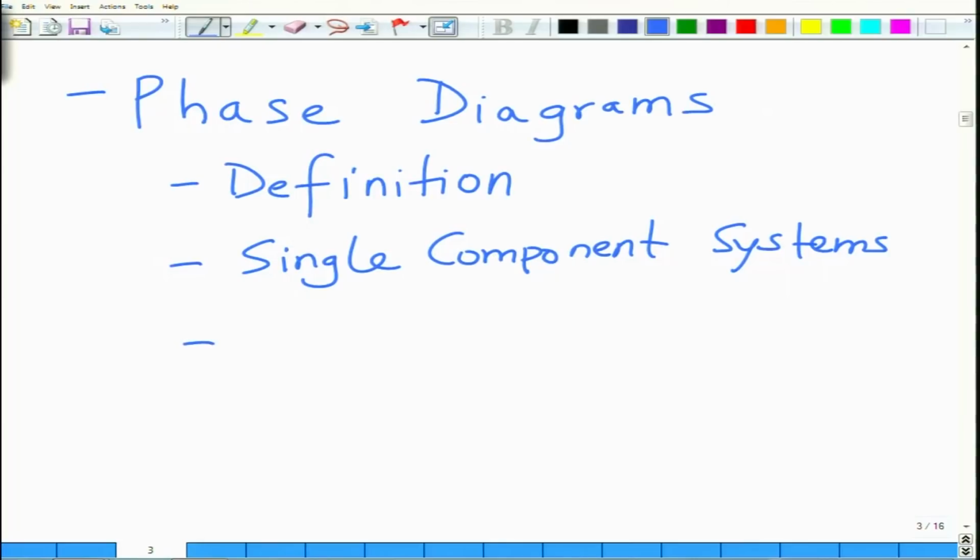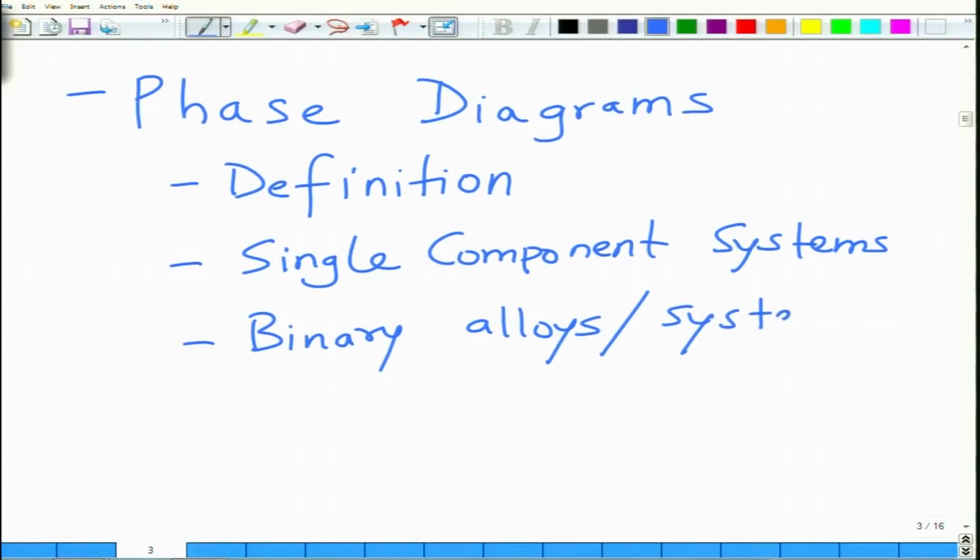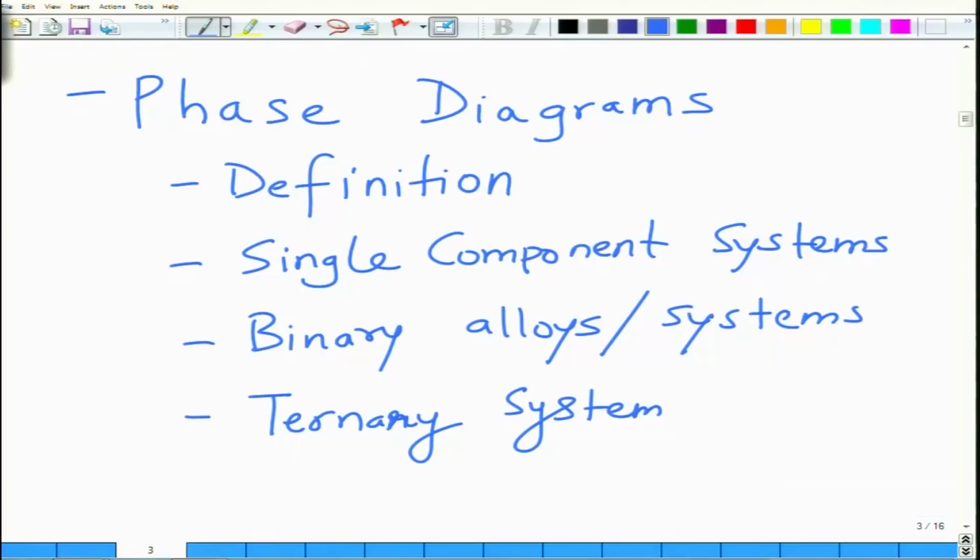We will look at binary phase diagrams, binary alloys or systems, and then we will also introduce ternary. We will not get into details of ternary systems. These three put together will take nearly 15 lectures or about 3 weeks, and then we